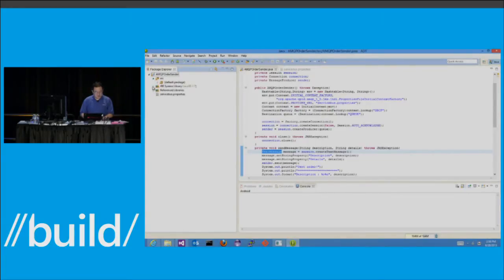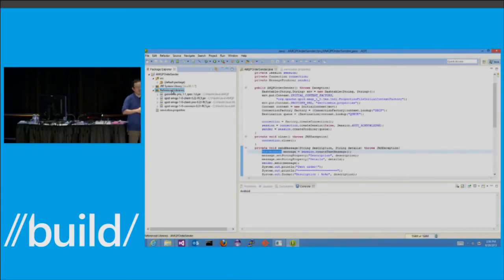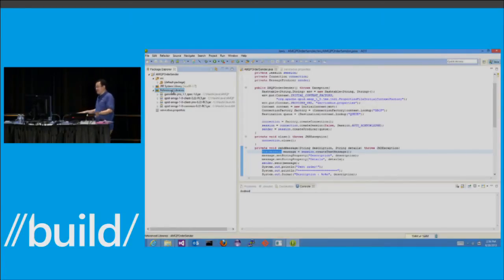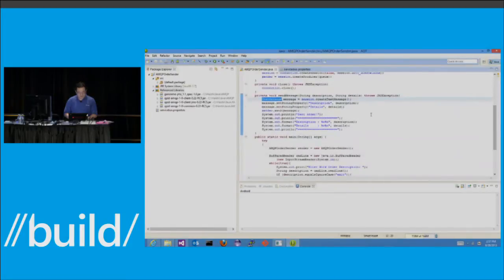But the point I'm going to make is here: if you see the libraries or the imports I'm using in this Java program, I'm not using any Azure stuff. This is the Qpid library from Apache. This is all open source. So I'm not using any Windows Azure specific stuff, but we do have a Java SDK if you want to use it. So the code is actually simple. After I create a connection, I'm just going to construct a message and set the properties and send it over.